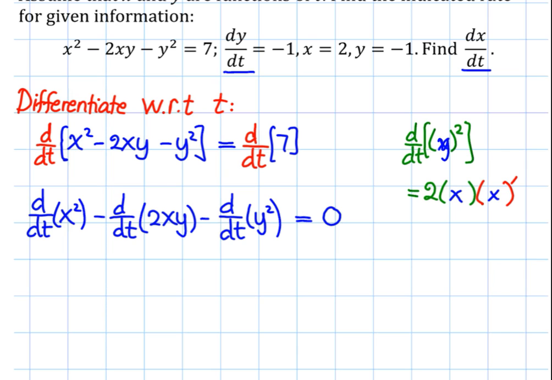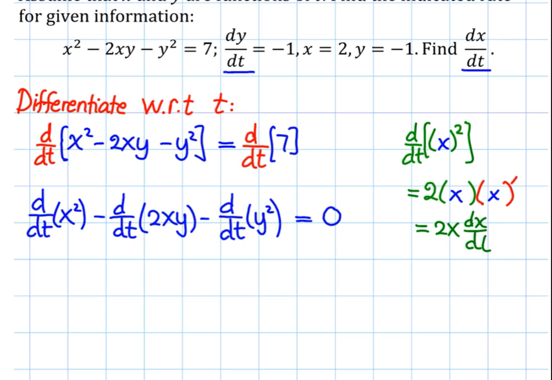We could have y. In that case, it will be y. Right. So the derivative of x squared with respect to t is equal to 2x x prime or just dx over